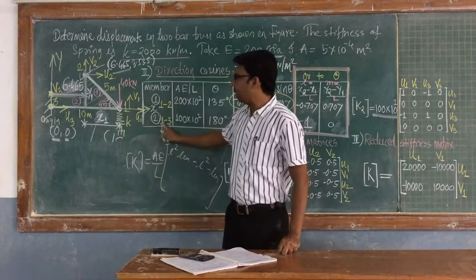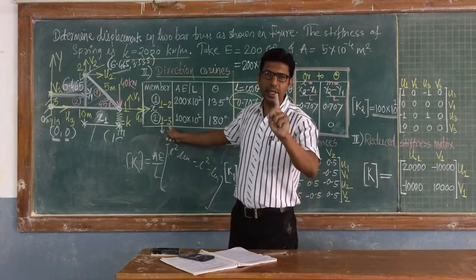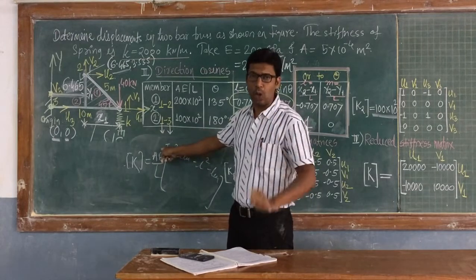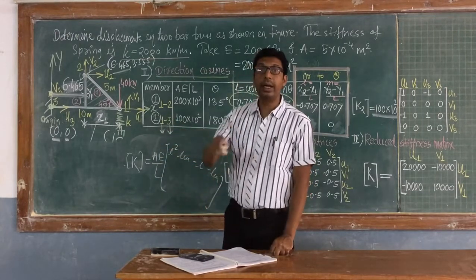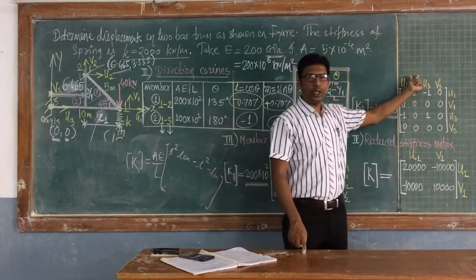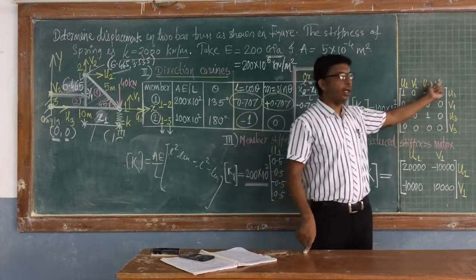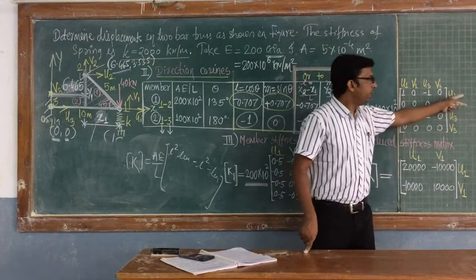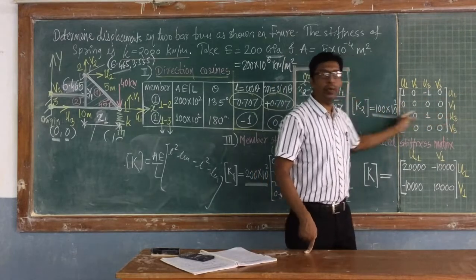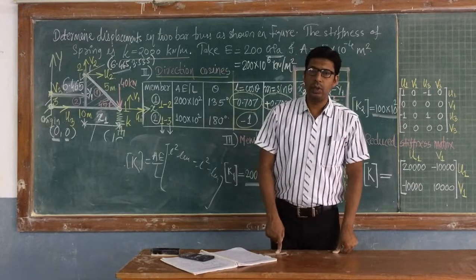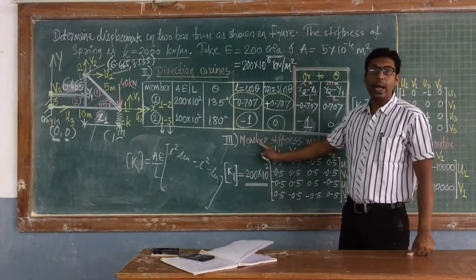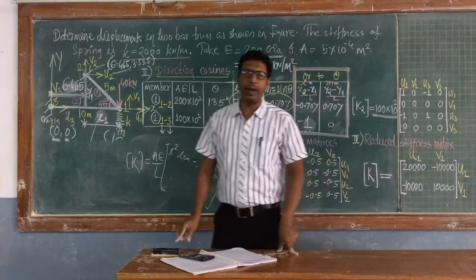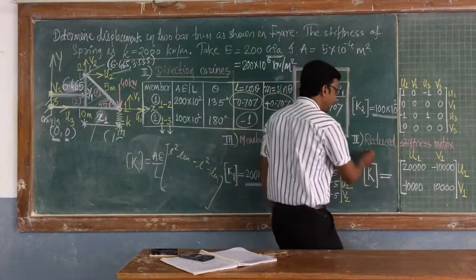Second member we have represented by 1 3. Means again 1 is the first joint, 3 is the second joint. Unknowns of 1 are the first two columns, unknowns of 3 the remaining two columns. So unknowns of 1 means U1 V1 and unknowns of 3 U3 V3. U1 V1 first two columns, U3 V3 remaining two columns. Similarly U1 V1 first two rows, U3 V3 remaining two rows. So step number 3, member stiffness matrices, complete. Okay. Now after this K1 K2, step number 4 is the reduced stiffness matrix.